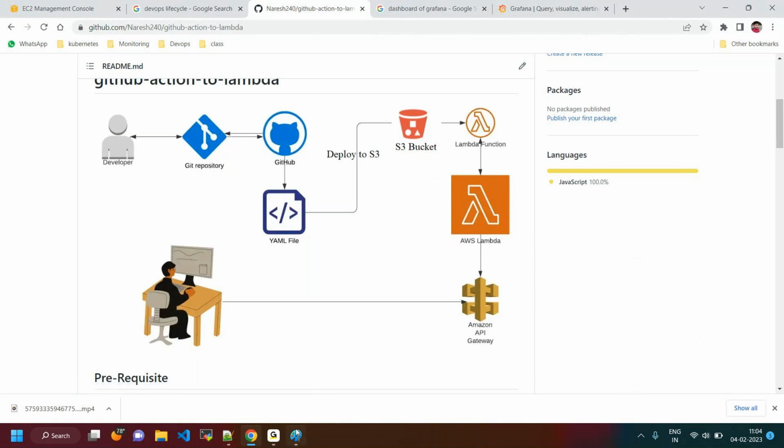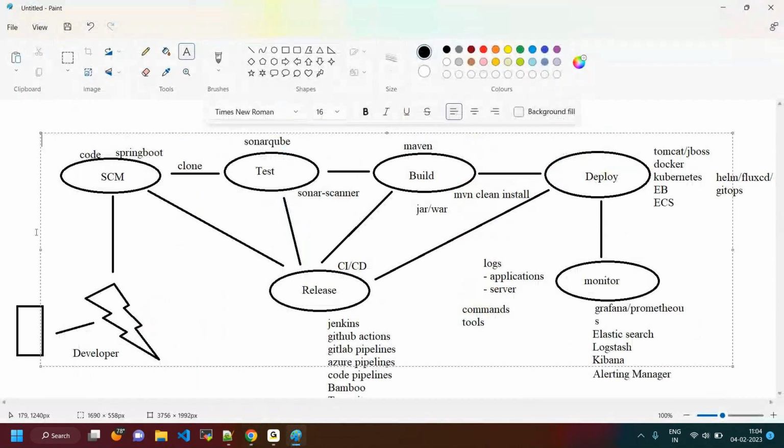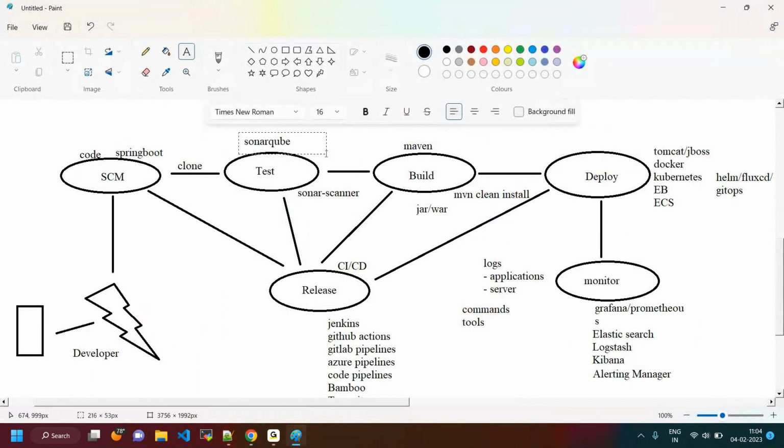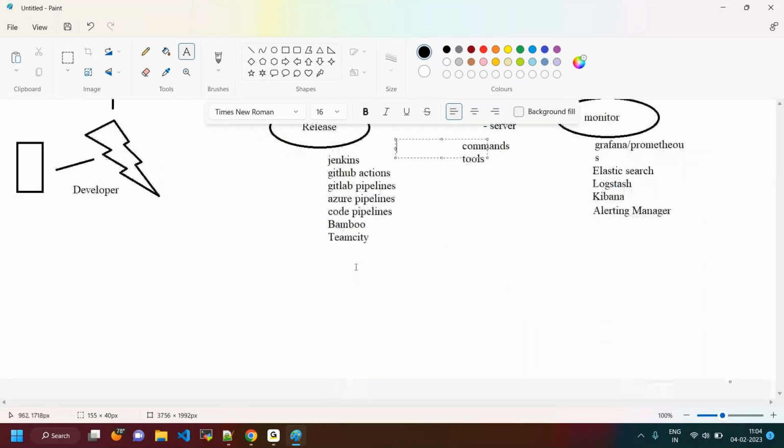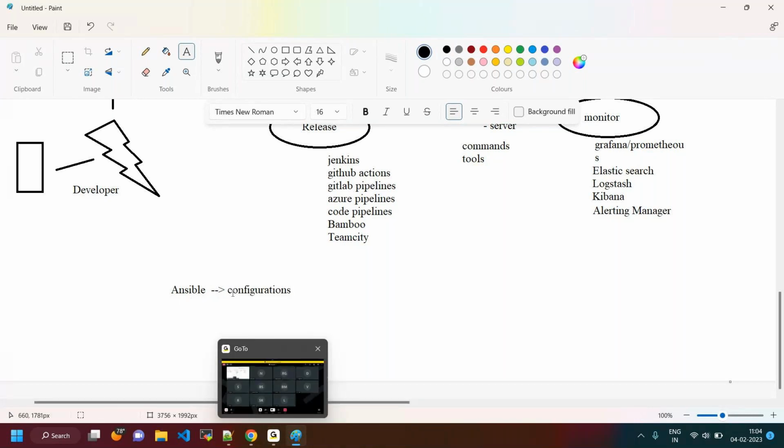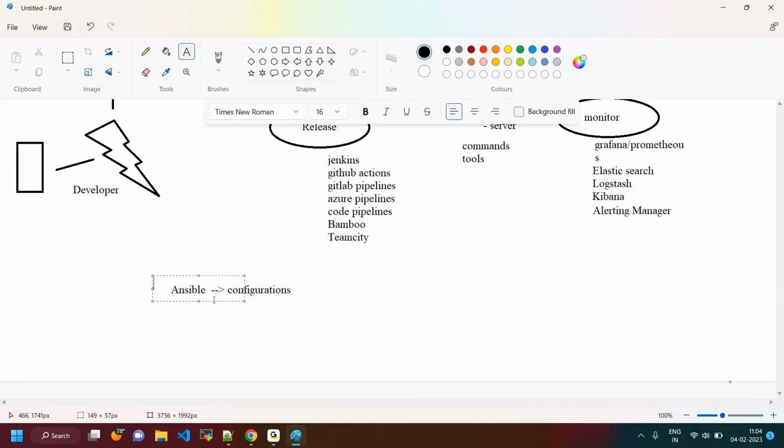And here these installations, the SonarQube or it might be Maven or something, how these particular installations are going to be done. Every time it's not a good thing to do manually. That also we can automate by using some other tools. Here we are going to be discussing Ansible. With this Ansible, we can automate our configurations. It means installations can be done with Ansible. Whenever you run a single command, it will automatically do everything.